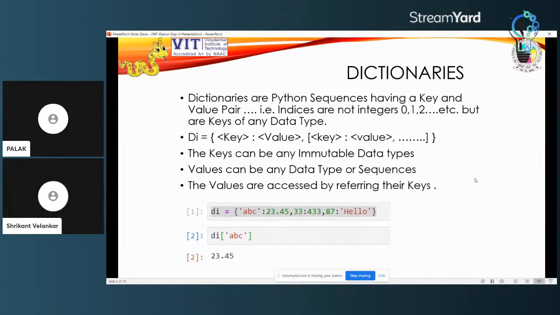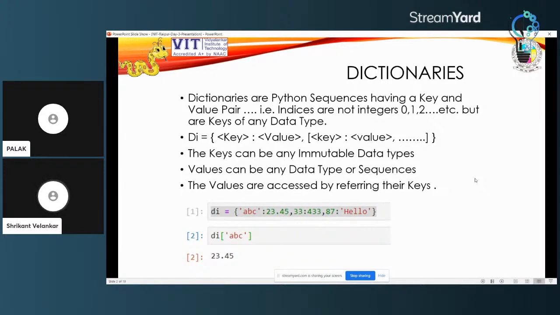So generally we say that the indexes are fixed to be 0 to n minus 1, but here in a dictionary the indexes are allowed to be any data type that we may choose to have, and that is called a key. So it happens to be a key value pair.